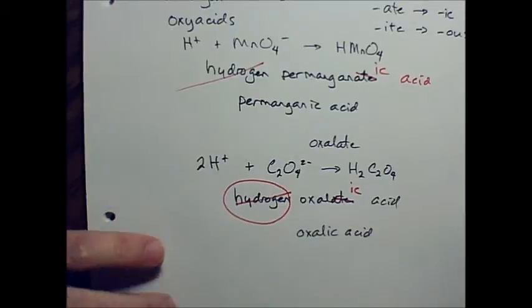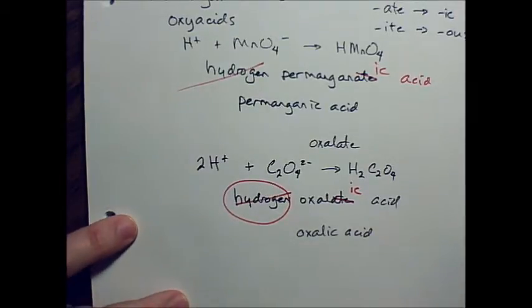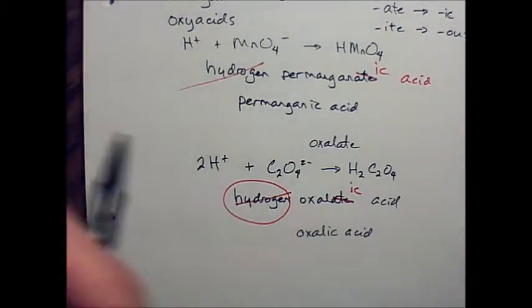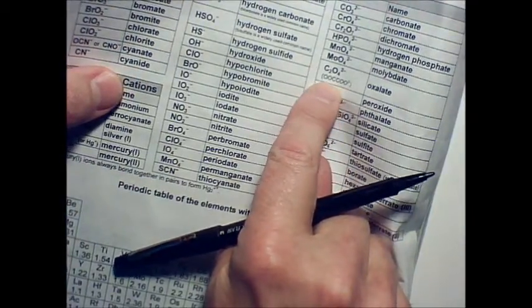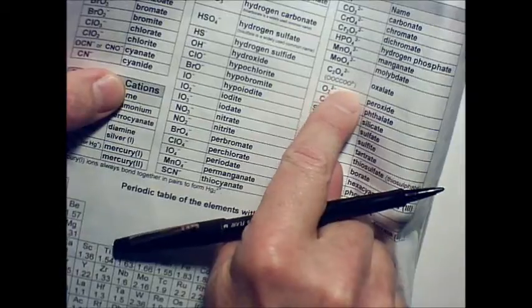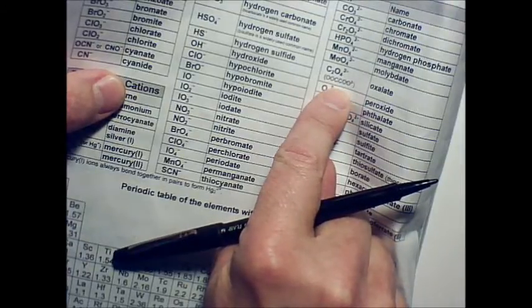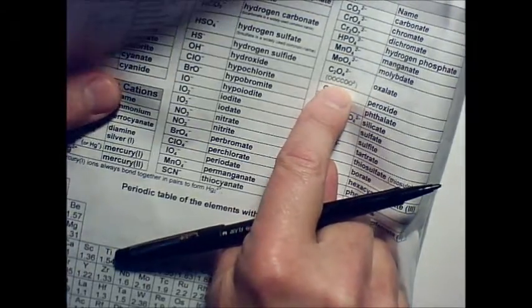Now, the question that Luke was asking me was about the formula underneath it on the common ions list here. This is an organic way of writing this formula, which we'll get to later. If we were writing that like an organic formula, we'd write it